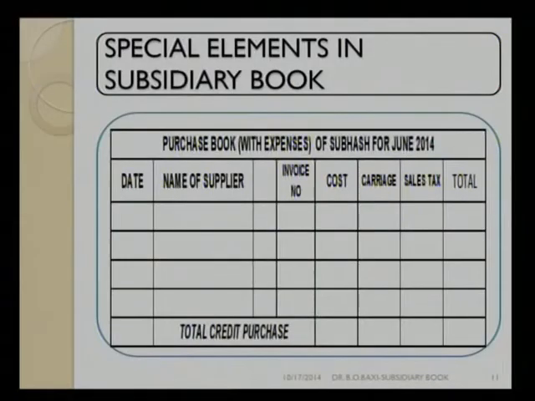Now let us go for another type of thing, and that is very important. That is a very important aspect from the viewpoint of subsidiary book. It is detailed one. Now look at the format which is given, which is important from the viewpoint of name of the supplier, etc. But here, sometimes it may happen that you are supposed to bear several expenses along with your normal expenses. Say for example, if you are a small trader of food grain and other items, you have to take into account carriage.